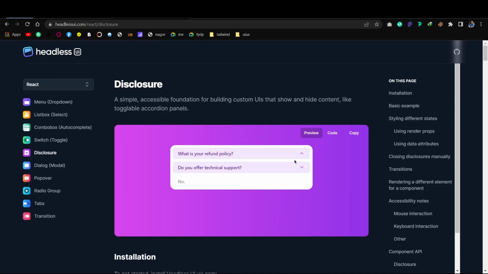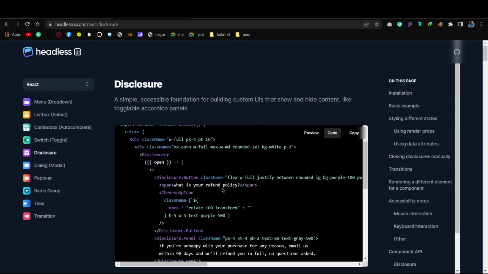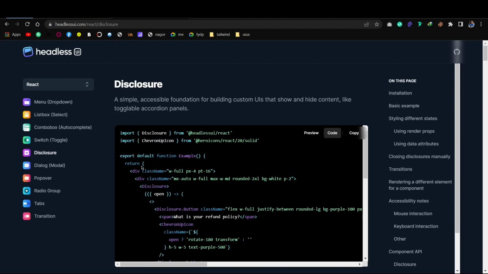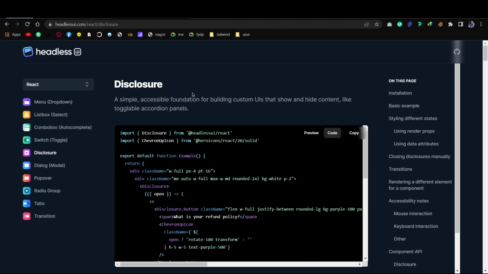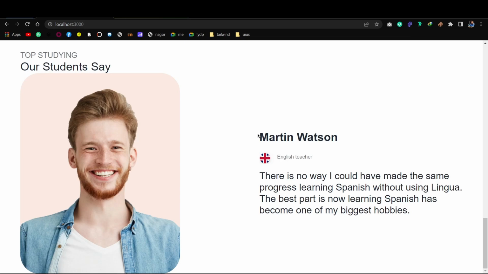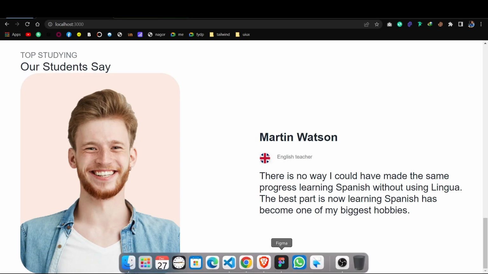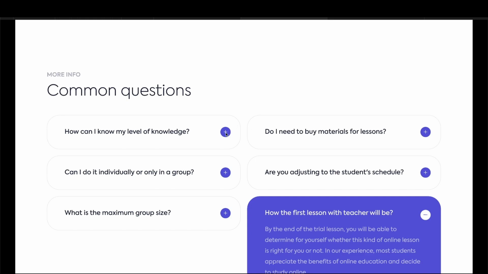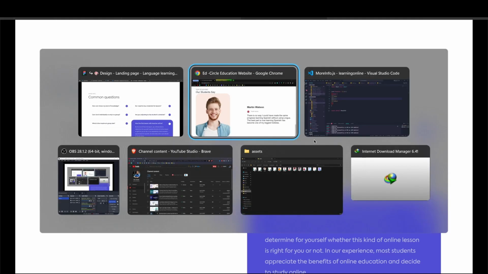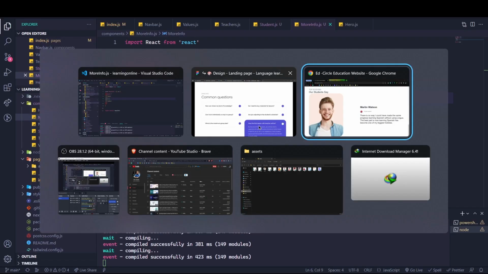Headless UI also uses the Tailwind CSS framework for Next.js or React.js, whatever. So yeah, you can also use these things. And what I will do, I will copy the code. So let me go to Figma. First see the design. There should be a plus icon. No issue. There are 2, right? So what I should do, I will